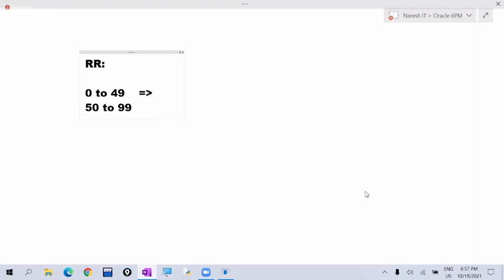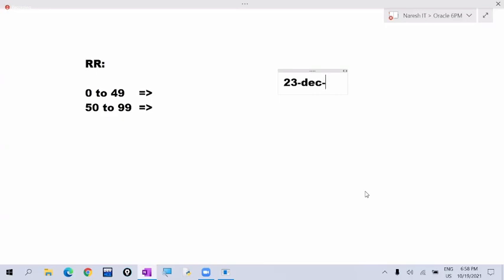What is the current year? The current year is 2021. Does 2021 fall under the first half or second half? First half. So when we are inserting a date value, for example 23-December-23, I am giving the year value between 0 to 49.